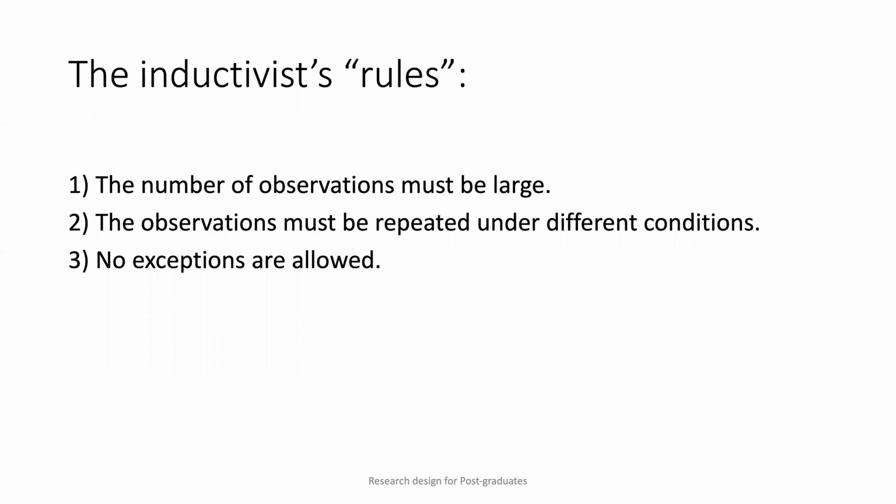And this follows a certain set of rules. So the number of observations that you need would be large, otherwise something would be just a coincidence. You see something once and never again, and that's not going to help you, because then nobody else will be able to confirm it with you, and you have to have a large enough number of observations to be sure. The issue of sample sizes will be discussed later again, but this is the underlying concept of the inductivist rules. And it must be repeatable. You must see something once and again, and the more you do, the surer you get that you are right